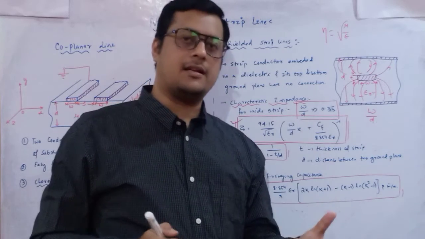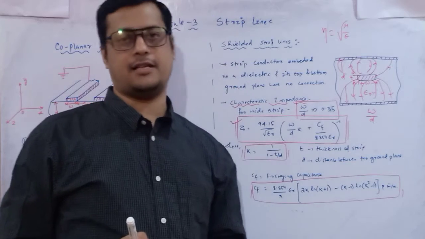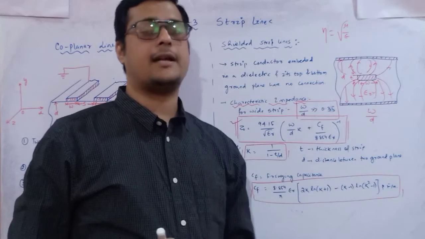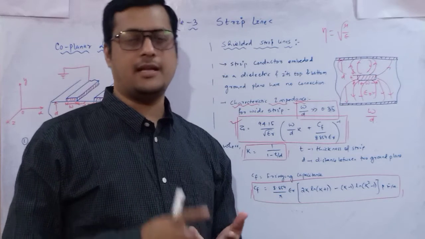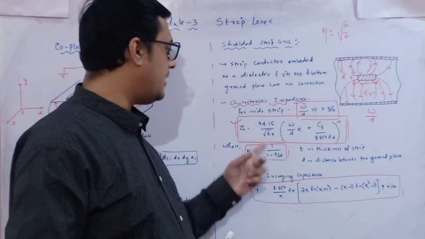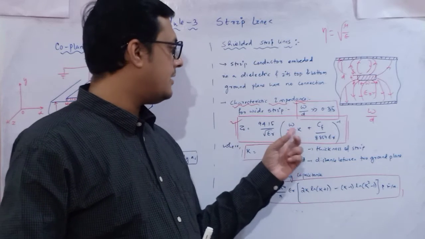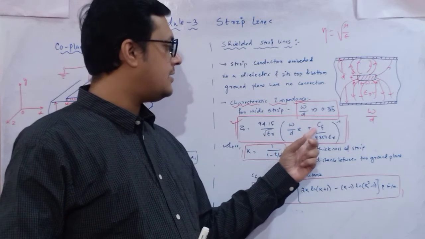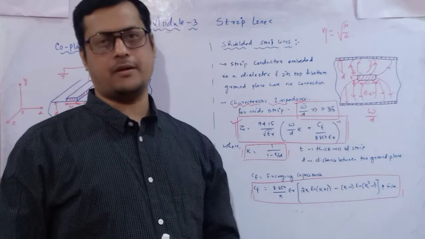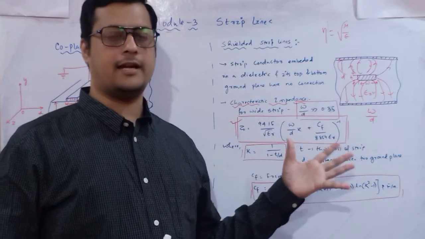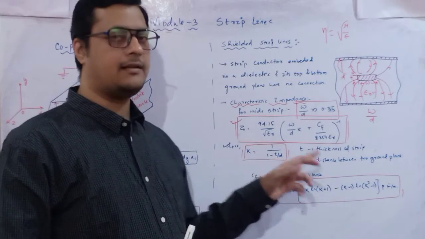Okay. Similarly, when a wave is propagating in this medium, it should have some characteristic impedance. This line must have a characteristic impedance, and this characteristic impedance must depend upon the dielectric constant. So here it is 94.15 divided by the square root of epsilon r, and here w by d into k plus Cf divided by 8.854 epsilon r, whole to the power minus 1. Here k indicates a constant factor, where k is equal to 1 by 1 minus t by d.